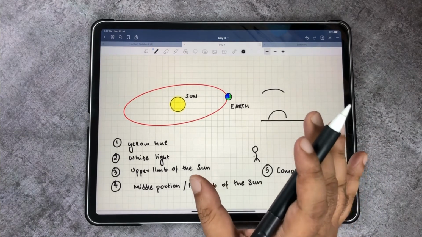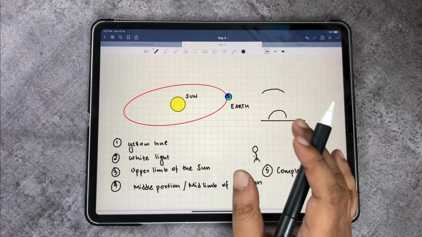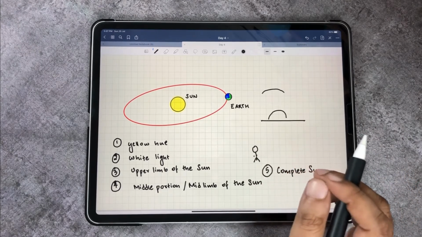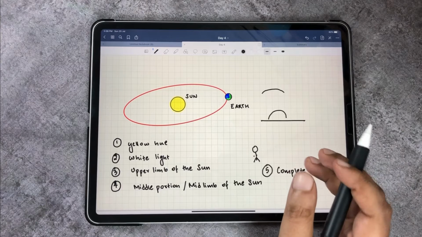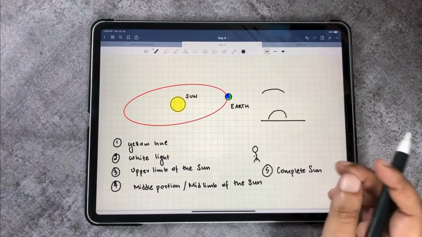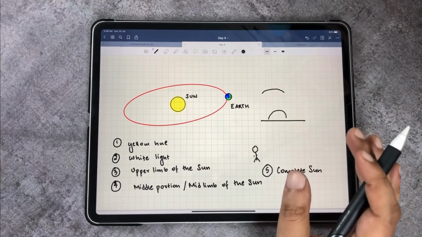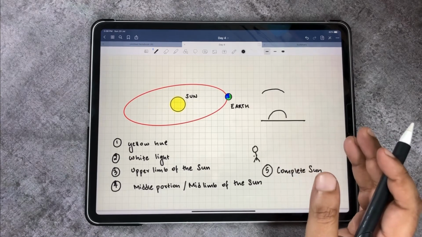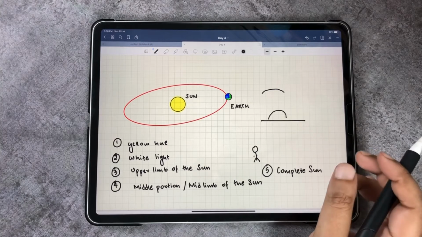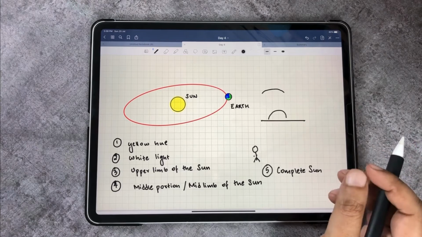But if we just had to consider India as a whole, the timing for the Surya Udayam would vary from 5:40 am in the morning to approximately 6:50 am, depending on the place and also the phase of the year. So again, I repeat, what is the Surya Udayam? As per Hindu astrology, the time when you see the middle limb or the first half of the rising sun is called the Surya Udayam. Again, what is the Surya Astamanam? It is when the middle limb of the sun disappears.